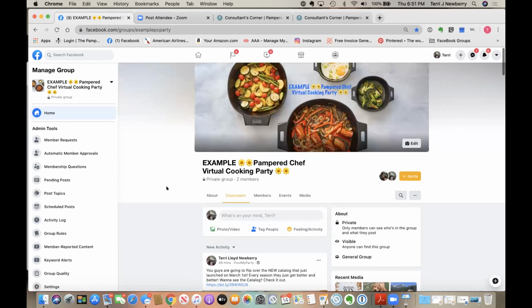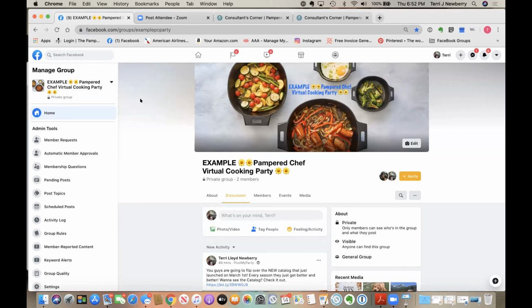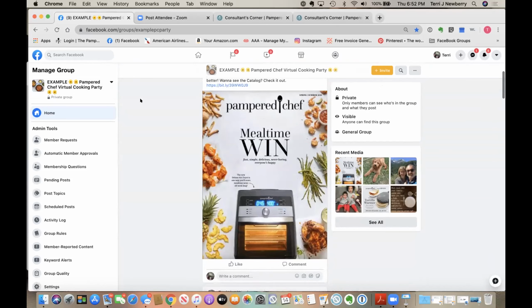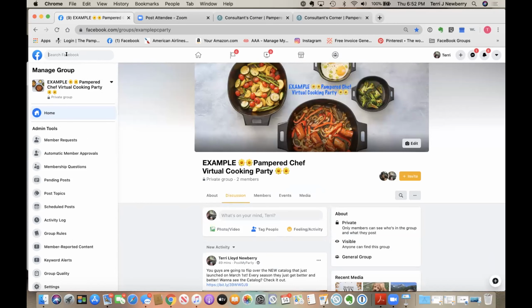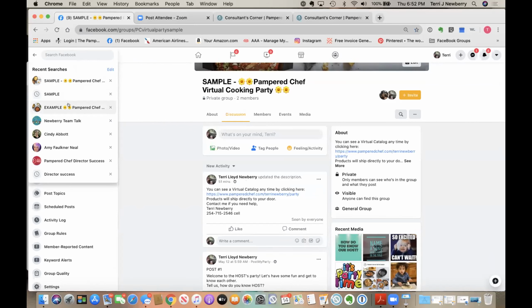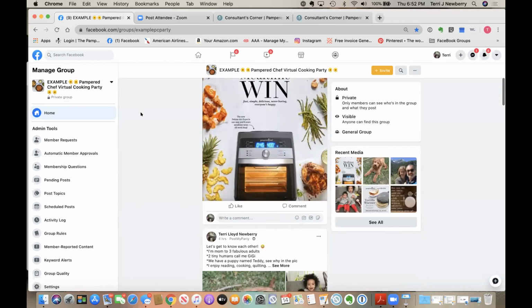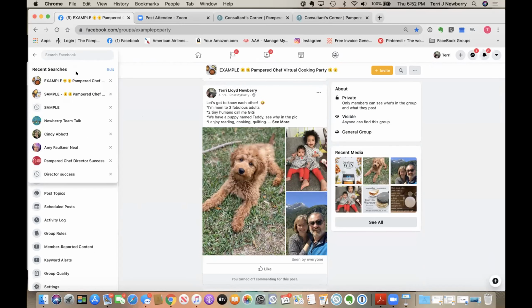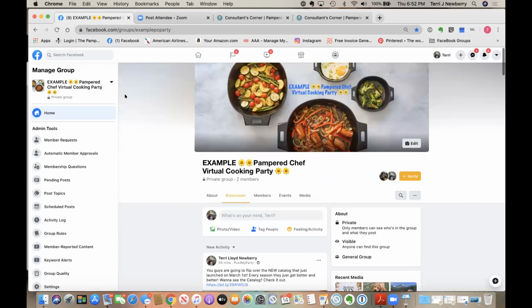Okay, so this is an example of a Facebook group that is going to be there for you to go into anytime you want. And you're going to notice that all of the comments are turned off. And I'm going to go into this one. Oh, I already did that one. I'm going to go into this one. And you don't have to worry about this. There's only going to be one of these in the end. Okay, this is why we're still working on this. Wendy, what did I do here?